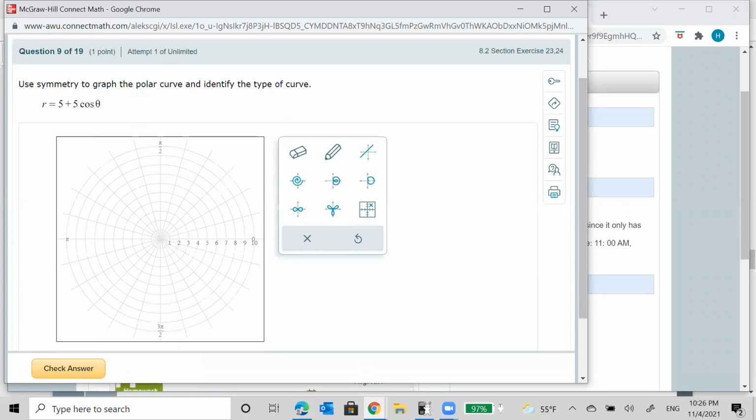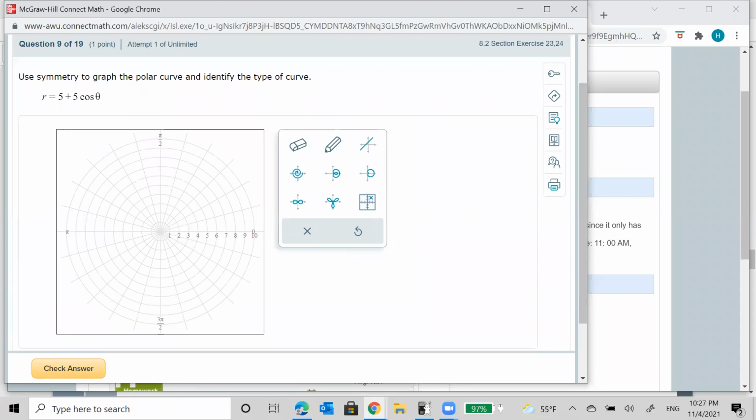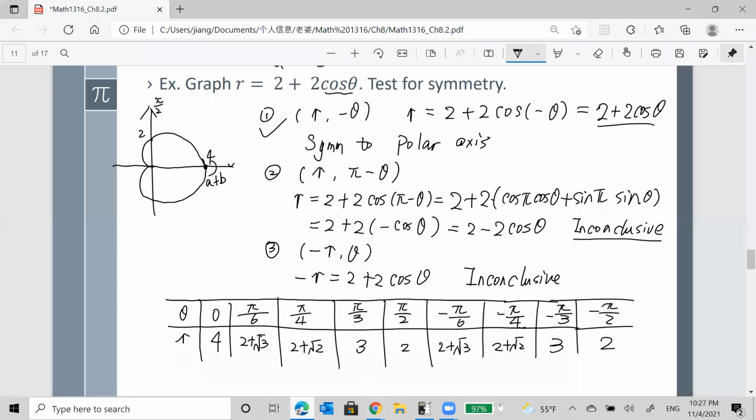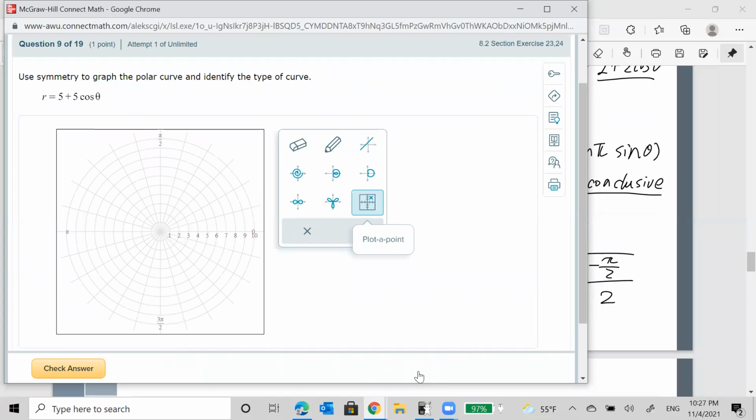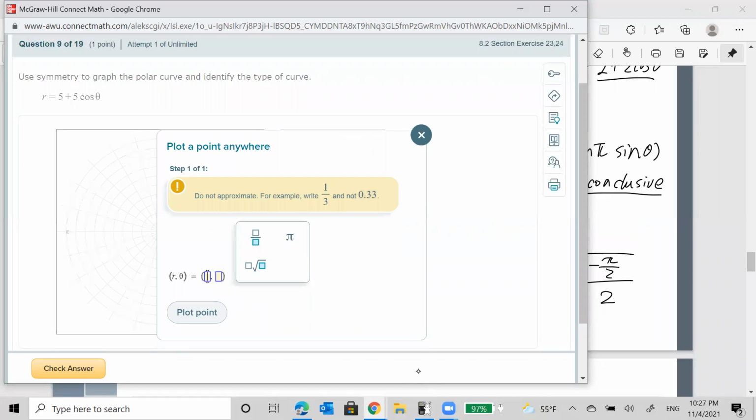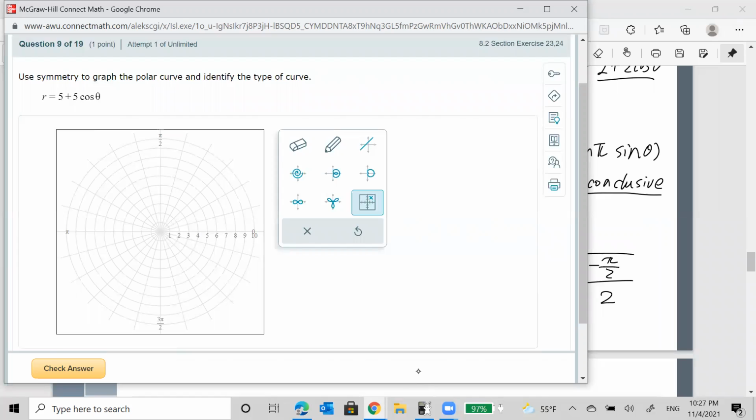Okay, let's see this one. So you can plot the point. I can use this plot of a lot of points because here they have different equations. I can plot maybe 10 points or 6 points, whatever. More points, and then line them up. That's a heart shape. Or you can just click the cardioid